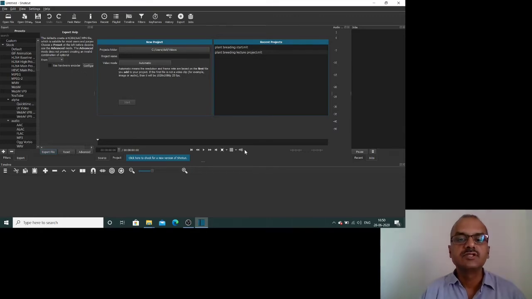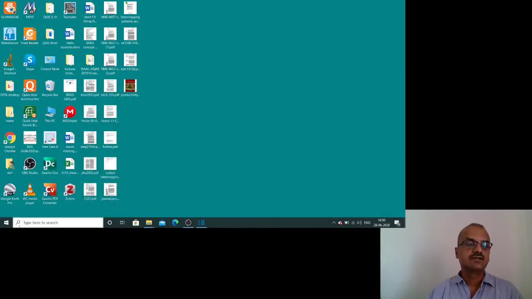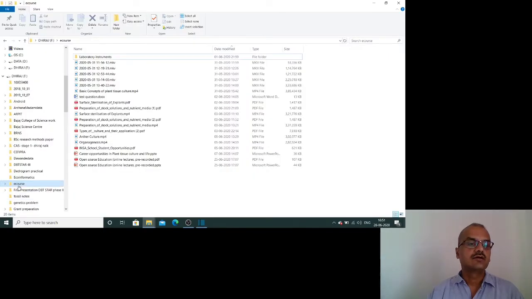Once you get this complete software installed on your laptop or desktop, you can open this complete application. Now looking at this entire application, you may feel that it is complicated, it is intensive, but let me tell you, it is not that intensive. Now what we have to do here, you can see where my cursor is moving, there is a Shortcut software. So I'll minimize this, and then I'll go to my folder where I have made